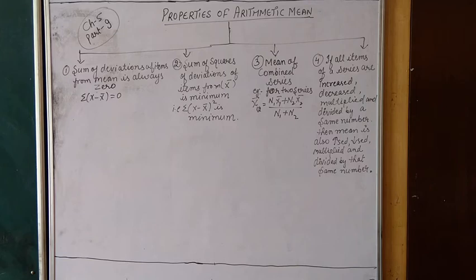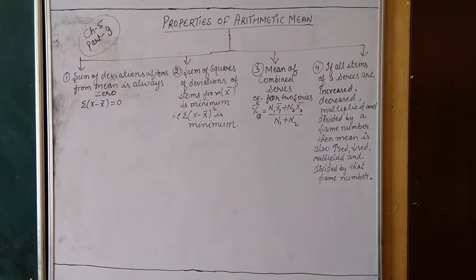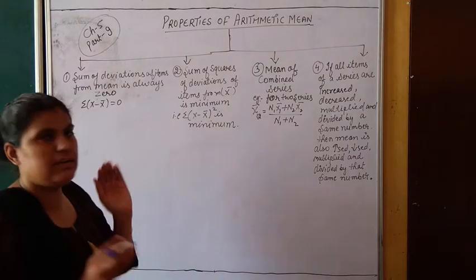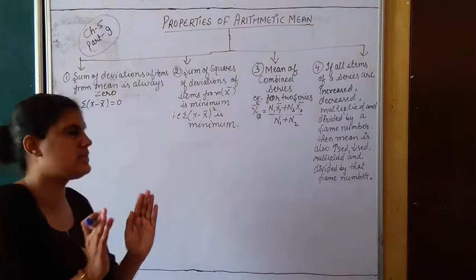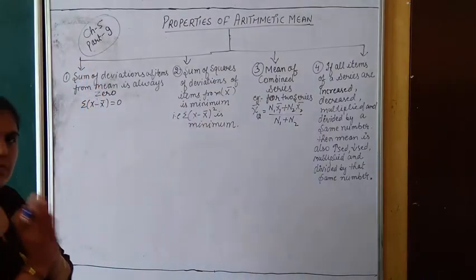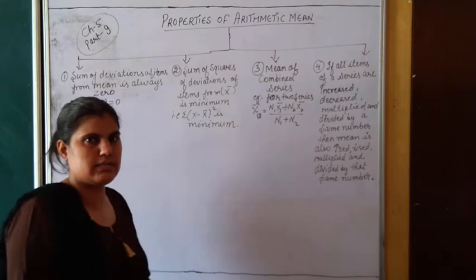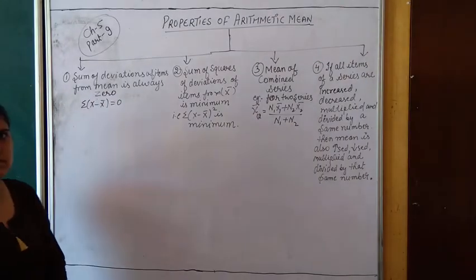Now बच्चे, as we have done in the previous part, what is that part? The previous part was part number 8, and in your part number 8 we have started properties of arithmetic mean. We have already started this concept in part number 8, but a few properties were left. That's why I am starting this topic once again.